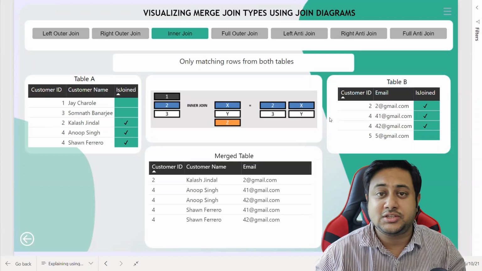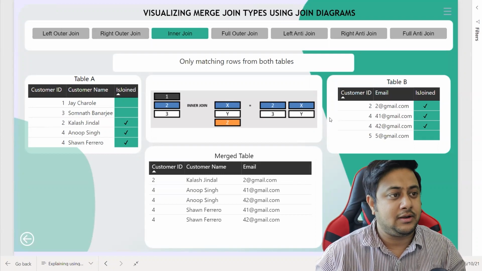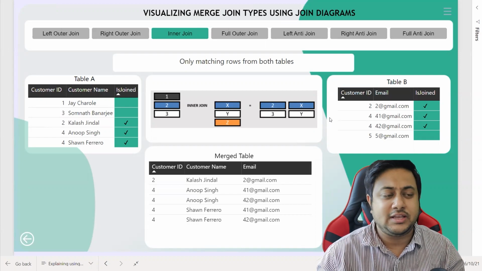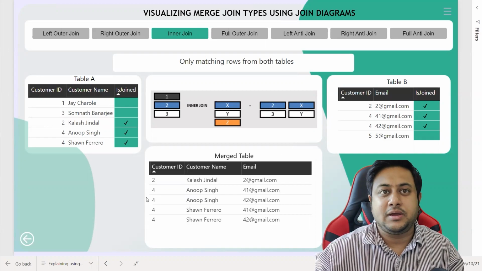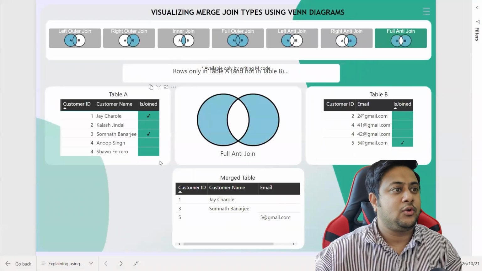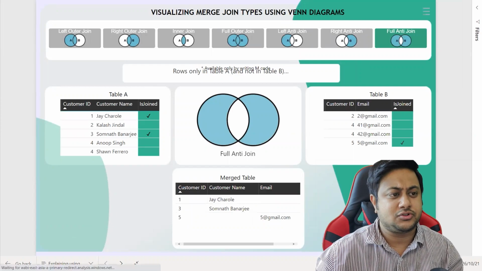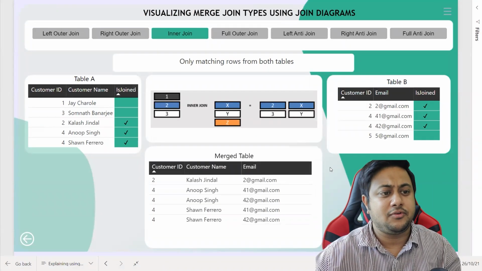His name is Jay Charole. He was also one of the winners in the OpenEDA contest. So very good work by Jay. Shout out to Jay as well. You can see a very good illustration. There is a little bit of text mismatch. We will be fixing it for sure before making it live.